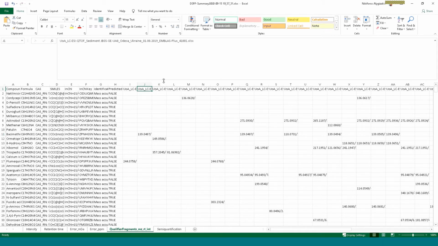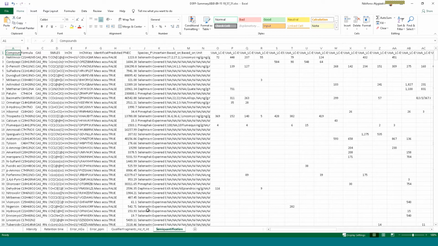Finally, in the semi-quantification tab, there are some additional columns like lowest PNEC, in which trophic level the lowest PNEC was detected, accuracy of PNEC prediction. Moreover, there is information about similarity percentage between suspected compounds and the target analyte, based on which semi-quantification was performed, and the name of the target analyte.